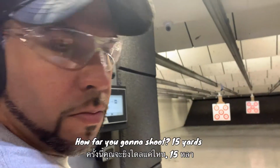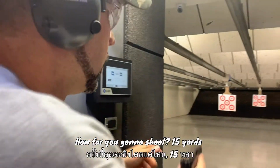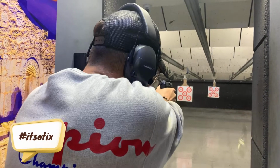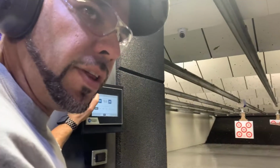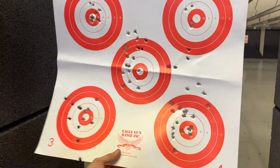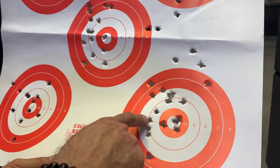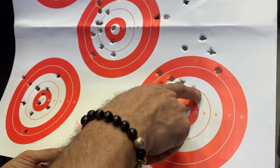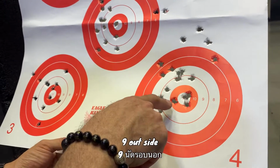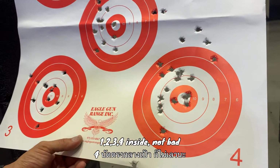How far do you want to shoot? 15 yards. Okay. So I have 1, 2, 3, 4, 5, 6, 7, 8, 9. 9 outside, 1, 2, 3, 4 inside. Not bad. Yay,